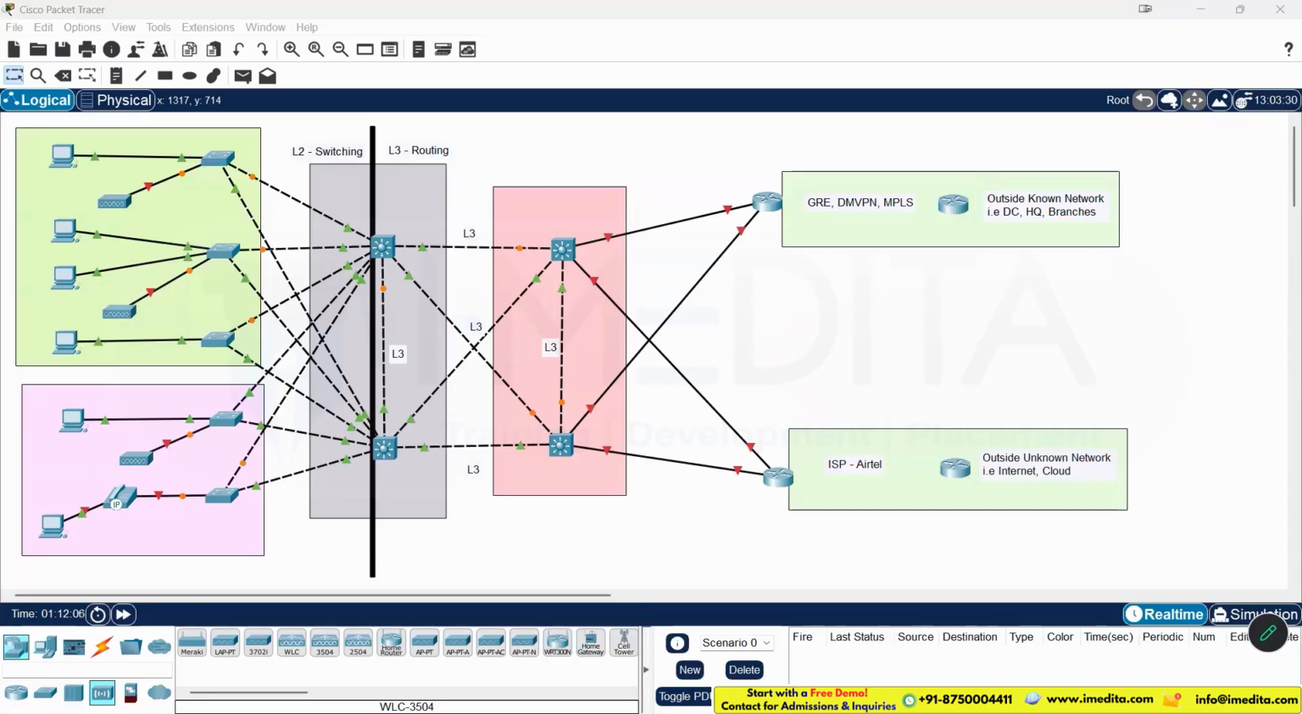Even sir, at that time no one was providing lab access of SD-WAN, right? So I-MEDITA at that time was providing only the training. Then I went to another institute. They were also providing the training, not the lab access. But now in 2020,